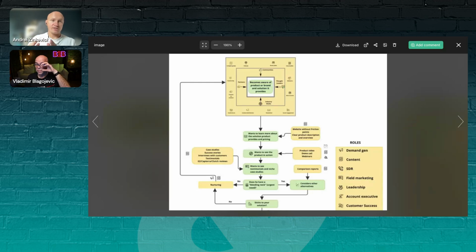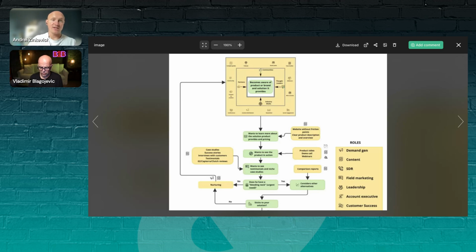Then we always try, because sometimes it's not realistically possible, but if it's possible, to get phone interviews with the key, let's say, buying committee members: the decision makers, the champions, people who were chatting with you and who brought you to the organization, and the power users. If it's not possible, right, then just do the research with champions.